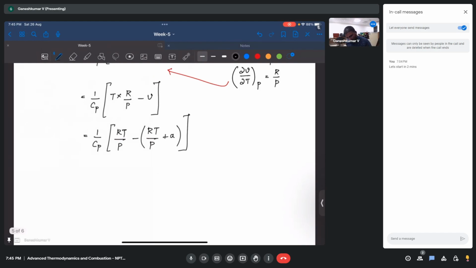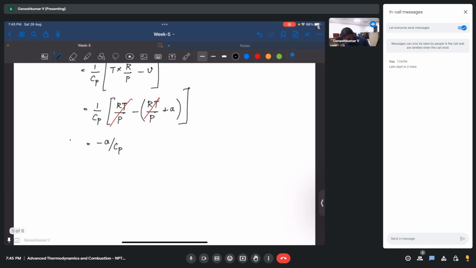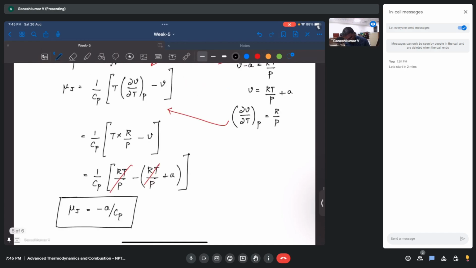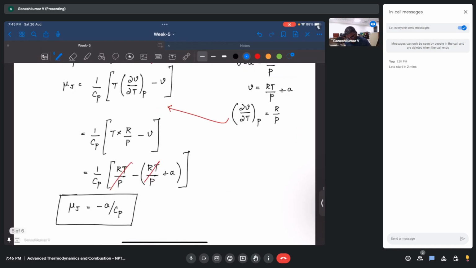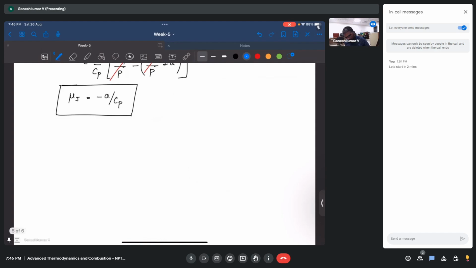Okay. Now you can simply cancel these two because they subtract each other, and we will be left with minus A by Cp. So this is the Joule-Thomson coefficient. Now we know A is constant, so we should explain whether it can be cooled or not through throttling. To cool, whether we should have mu j to be positive or negative can be found using this